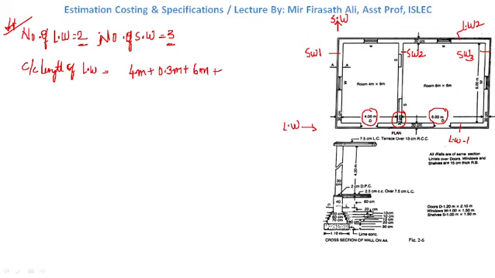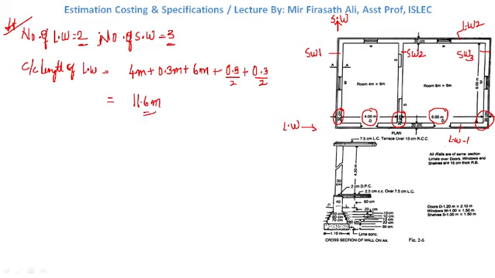So we'll take 30 centimeter by 2, 0.3 by 2, plus here we also have 30 centimeter wall thickness, 0.3 by 2. If we add all this, what will we get? We will get the center to center length, which is nothing but 4 plus 6, 11, 0.3 plus 0.3, is 11.6 meter, is our length of long wall.